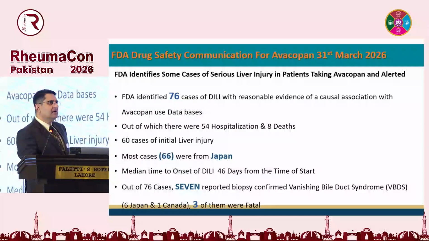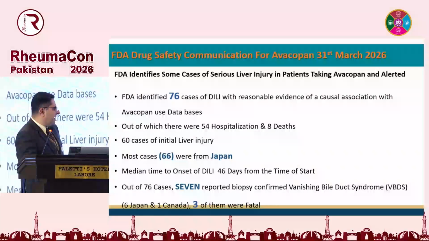And what did the FDA depict? The FDA identified 76 cases of drug-induced liver injury with reasonable evidence of causal association with Avacopan, out of which there were 54 hospitalizations and 8 deaths. And out of 76, 60 cases had initial liver injury which improved later on, and most cases out of 76,